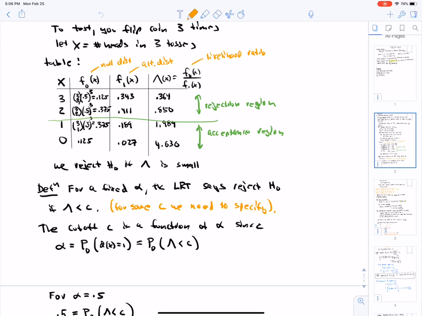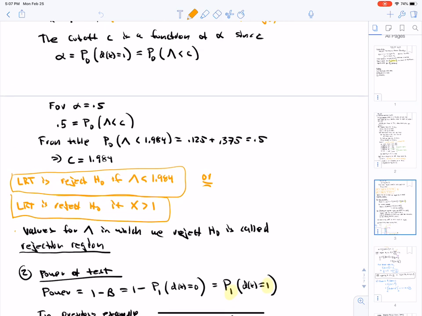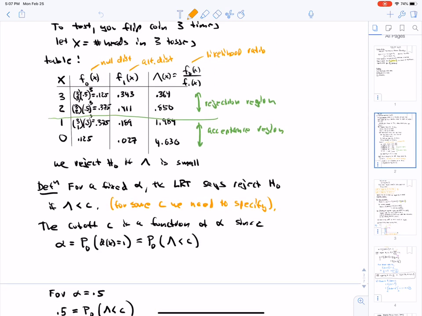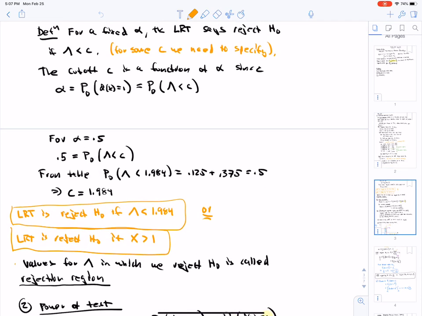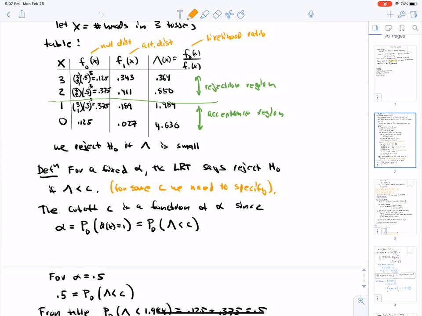And the cutoff c is a function of alpha, since alpha is the probability under the null that lambda is less than c. And so, for example, if alpha is 0.5, we can see from looking at the second column that c is 1.984, because when lambda is less than that,